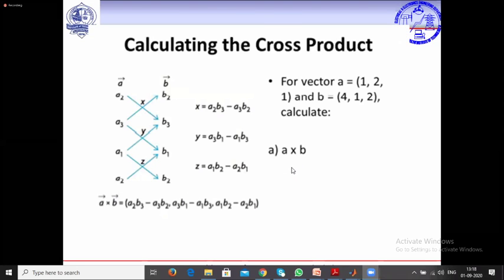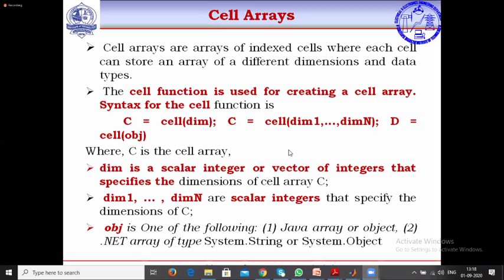Okay, coming to cell arrays. Cell arrays are very important. Why? Because within an array you can have a scalar, string, character, or everything. So how to index that array, how to address it, how to access the data and how to retrieve the data is a very important thing in cell arrays. I have not covered most of the points in this one, so that's why I'm going in PDF mode. This one also I'm going through in PDF mode.